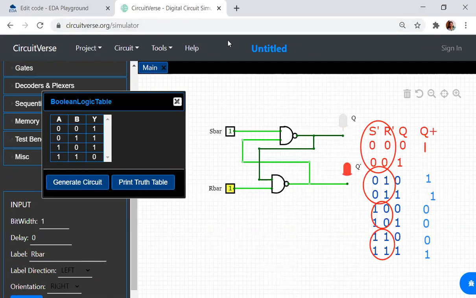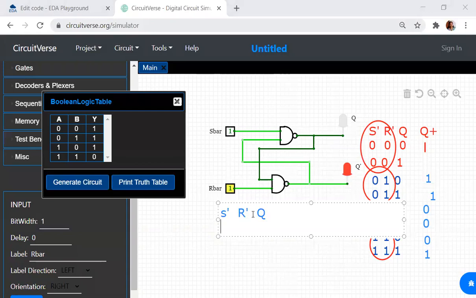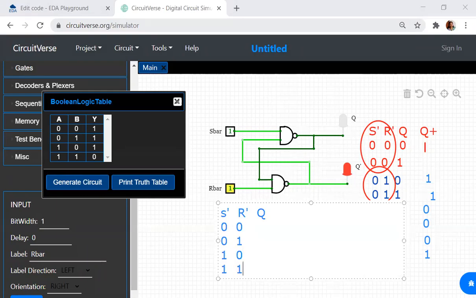So finally, let me write the short truth table; this was a detailed truth table that was given over here. If I reduce the truth table and write it down, what are the two inputs? I'll be having two inputs, S bar and R bar, and the output will be equal to Q. Notice your input, S bar is 0, R bar is 0. The next state of the truth table will be 0 and 1. The next state will be 1 and 0. The last state of the truth table will be 1 and 1.